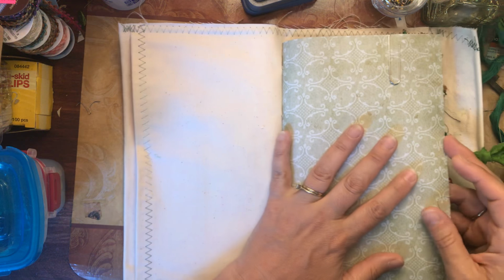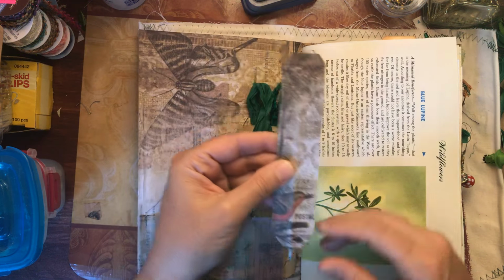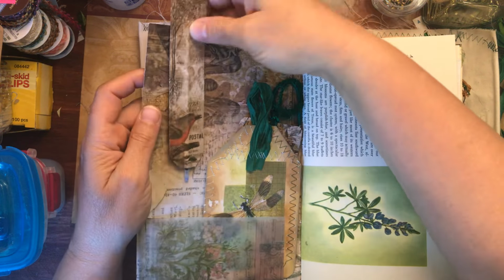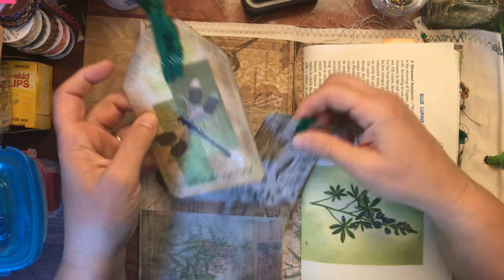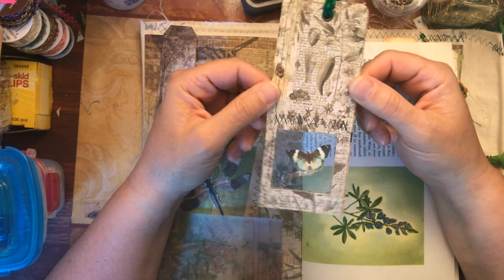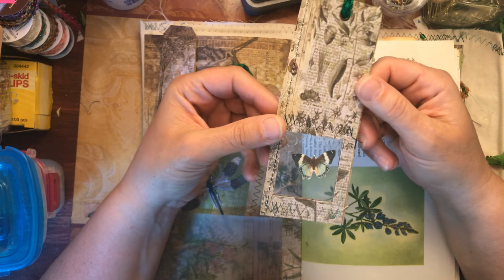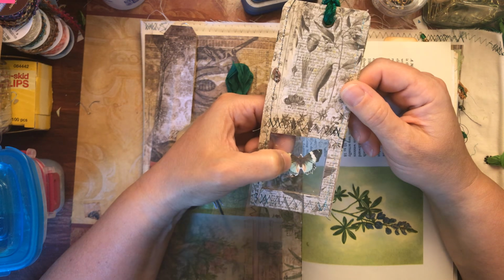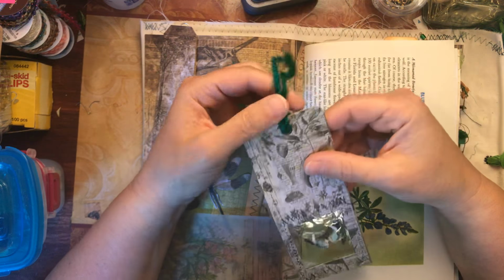So the outer paper is a Tim Holtz cardstock, and it has a flat pen that I've made into a paper clip, and that just hooks on right there. And this is a dragonfly journaling tag, and this is a window tag, and it has a double-sided butterfly in it. It's not a real butterfly, it's a cutout print from, I believe, Tsunami Rose, and Tim Holtz paper, and